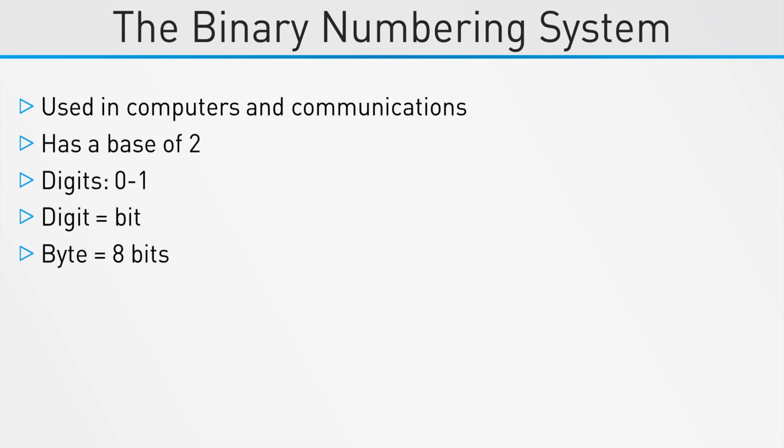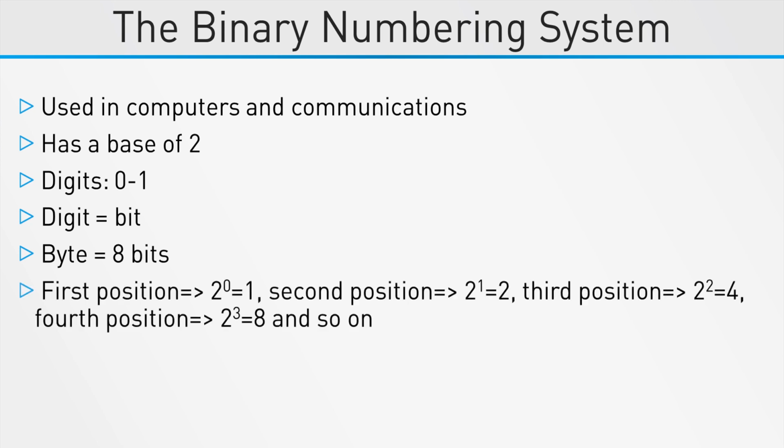In decimal, we have powers of 10, but here in binary, since the base is 2, we have powers of 2, so 1, 2, 4, 8, and so on. For example, let us take this byte, 01000101. We can simply add the values corresponding to the ones, since any number multiplied by 0 will be 0. So 1 plus 4 plus 64, which equals 69.